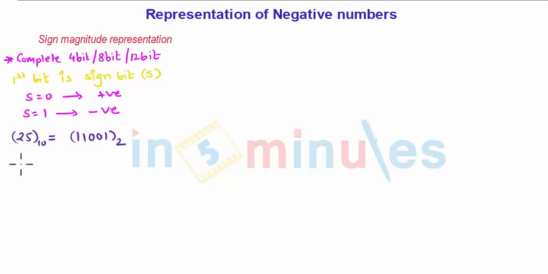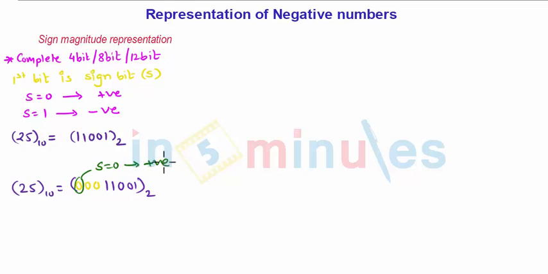Let me pad this with zeros, because this is a positive number. So we need to pad 3 zeros. Then we write the number in binary 2, and this first bit is the sign bit. After completing the 8-bit pattern, S is equal to 0,